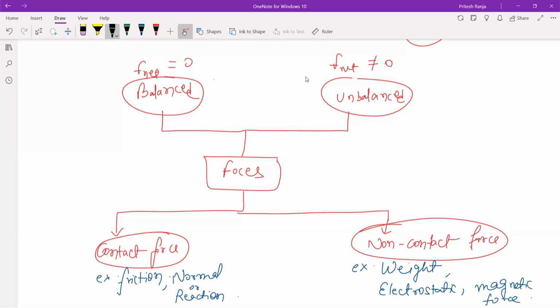Weight is due to gravitational force. So either you say gravitational force या weight भी चलेगा as non contact force, है ना? Yes, forces where contact is required for it to act. Where contact is required का मतलब क्या है? We are only talking about the contact between the surfaces. किस contact की बात कर रहे हैं? Surfaces. So contact force, we will say that force, or you can say the forces acting